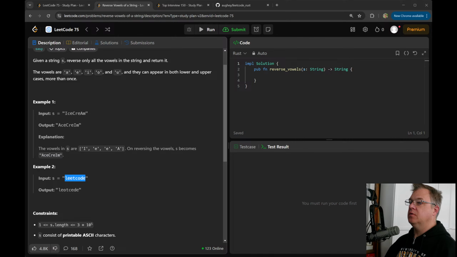Good. Let's do it this way. A little cleaner. Item is a char. Cannot mutate it.